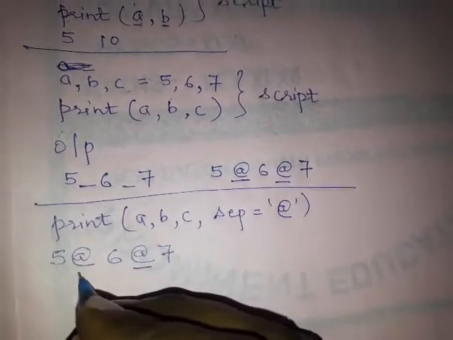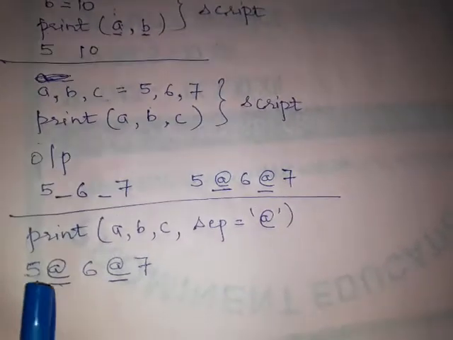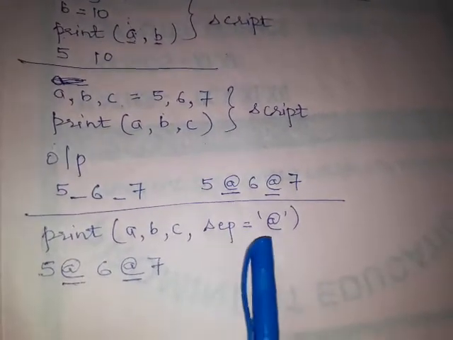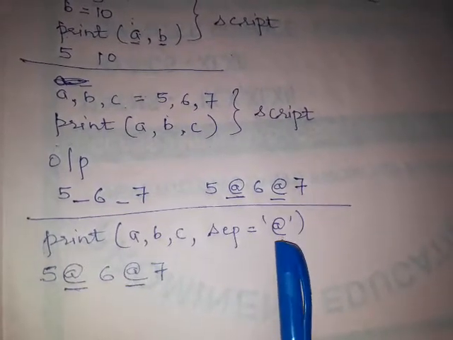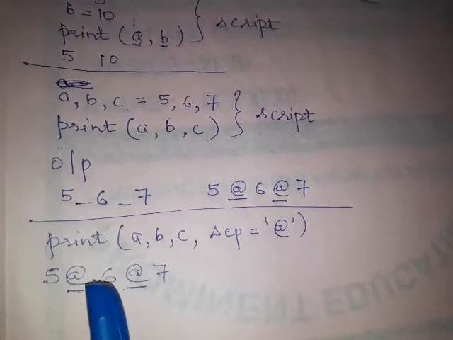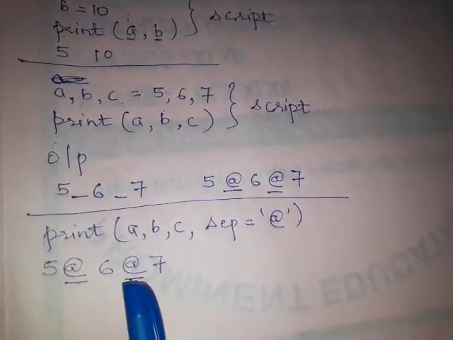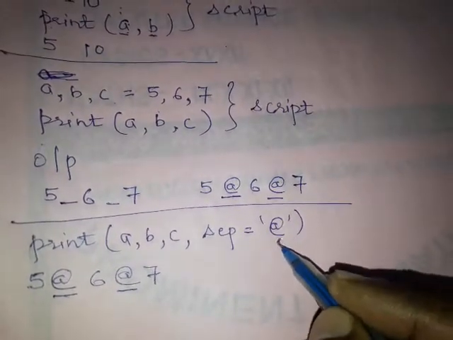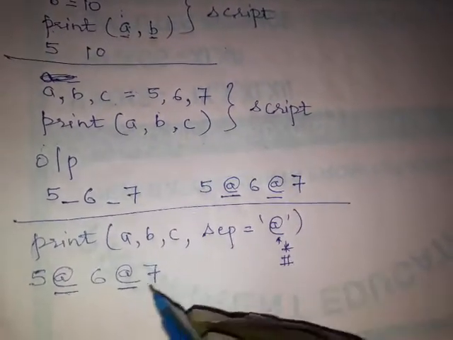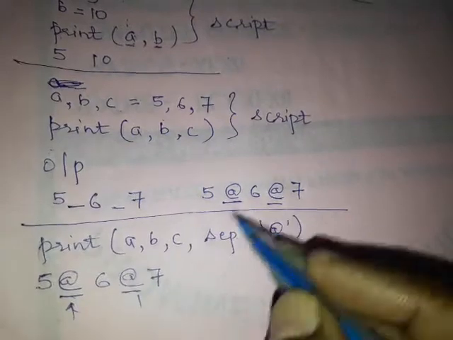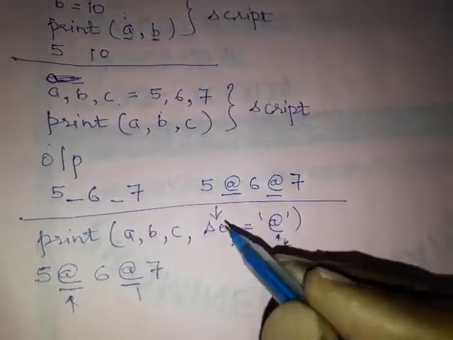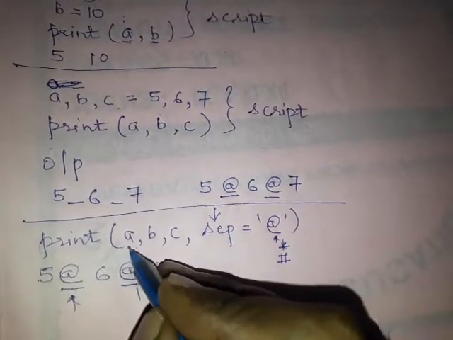Now by default the space will not be displayed. The gap which is called space will not be there, and we have declared our special character as the value of the separator. So in place of space, our special character will be displayed. Whatever you give here, at the rate, asterisk, hashtag, it will be displayed in between. So there is an argument, separator, which will be displayed by default between different objects.